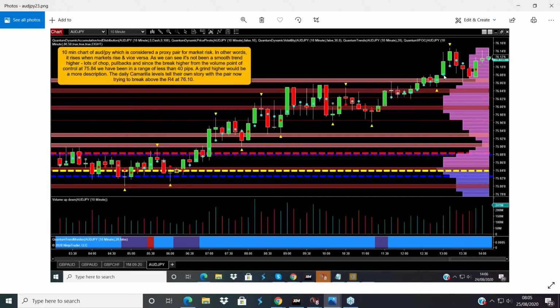But look at that. If you were trying to sit through that, there was just no way you can sit through that. The pullbacks against you, certainly without understanding how trends work. And yet, you would look at the market, at the related markets, you say, well, why is the Aussie yen struggling in this way? Because the indices were going higher. You may decide, you know what, I know the indices are going higher, I know this is a proxy for risk sentiment, but I really don't like the look of this. There's too many pullbacks. I'm going to find something else.